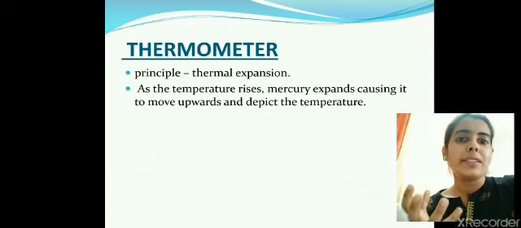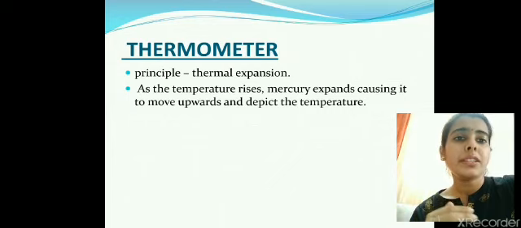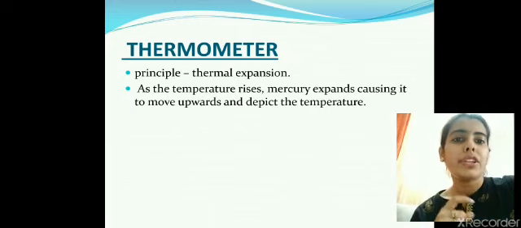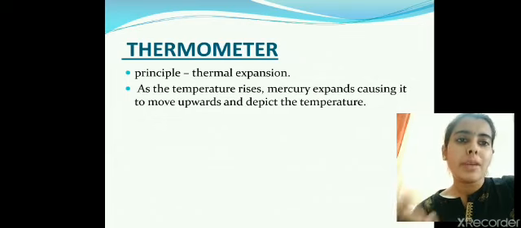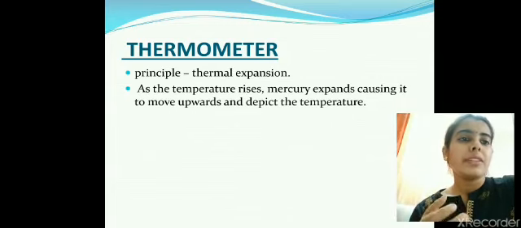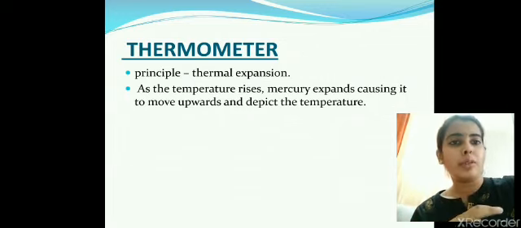On what principle does the thermometer work? A thermometer works on the principle of thermal expansion. In a thermometer, mercury or any other substance is used, and I'll be telling you about the different types of thermometers. The commonly found thermometer that you must have come across is the clinical thermometer, which is used by doctors and can easily be found at home also to check fever. We generally check fever with thermometers to see if the person has a higher temperature than the normal average human body temperature.